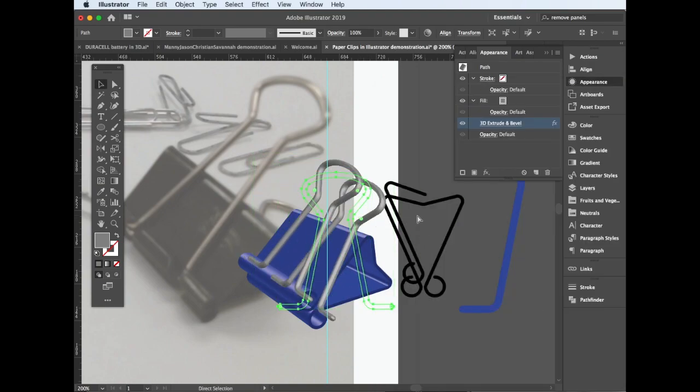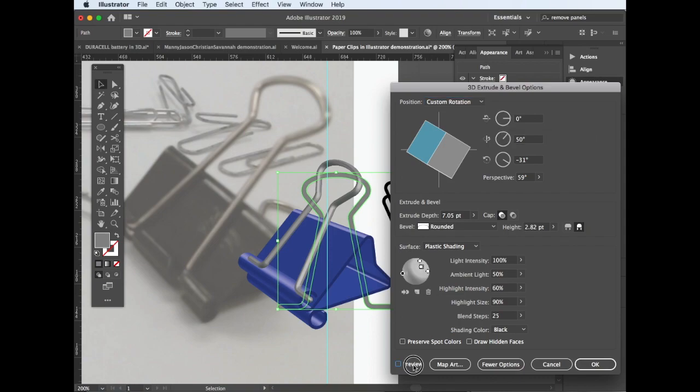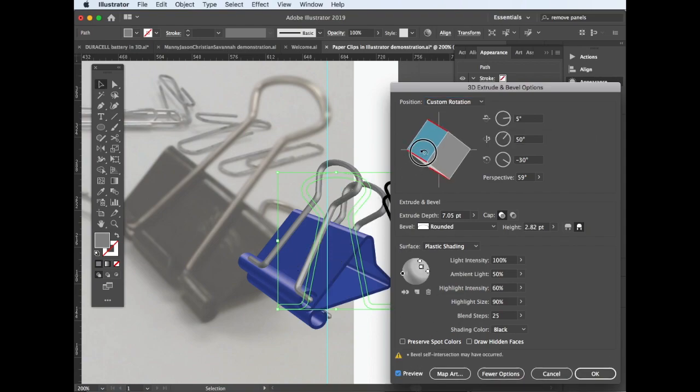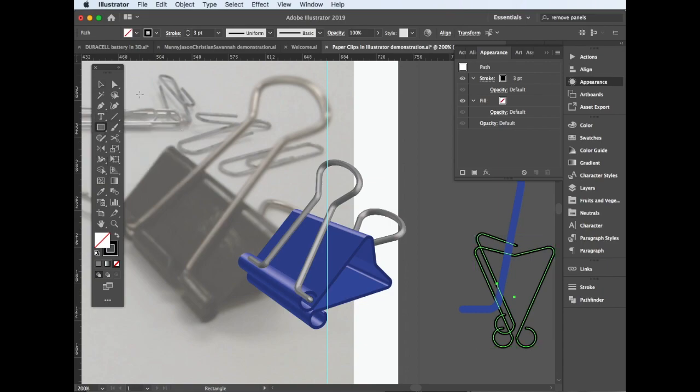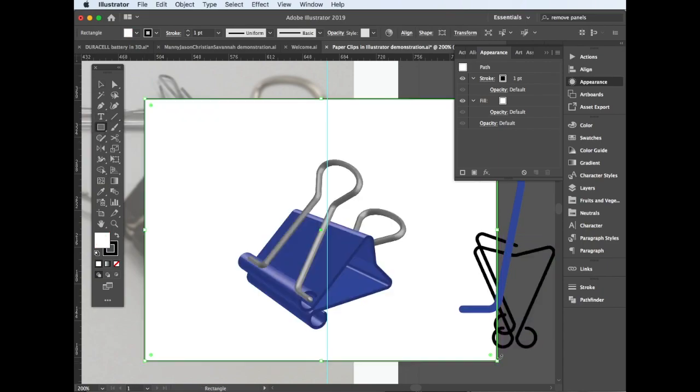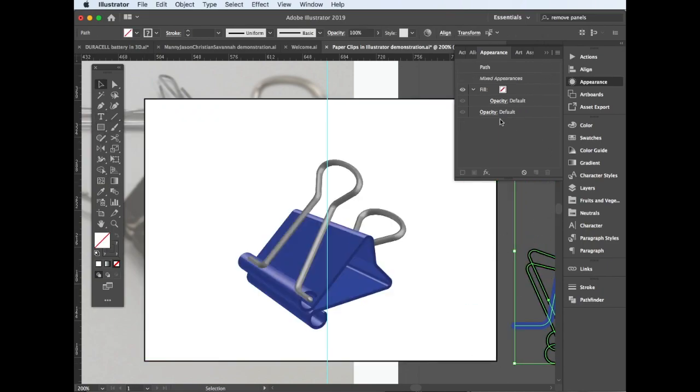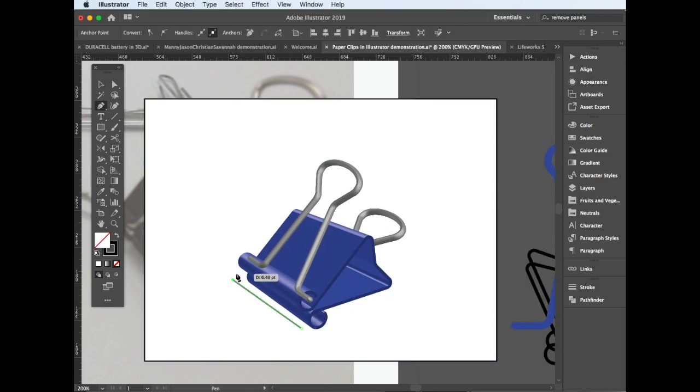Now keep in mind the clipping mask you would have to do on top of this and make it a compound path, and then a clipping mask in order to hide the metallic pieces and let them show through in there. It's probably the easiest way. Duplicating it for the second part on the back, grab just a white rectangle, hide the ruler guides, create a base for the clip,